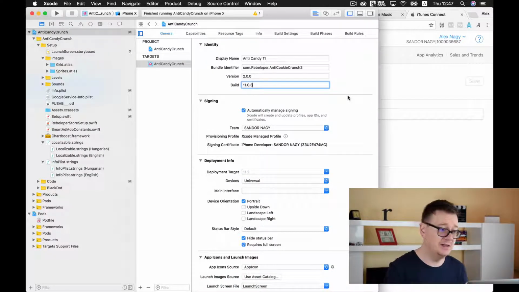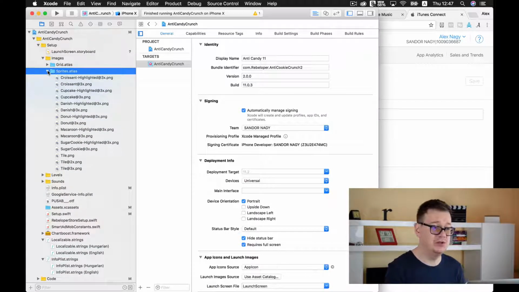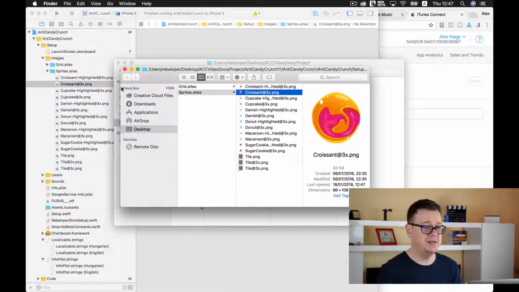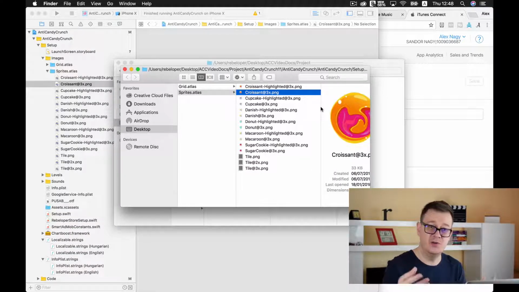Now let's take a look at the images, and first up is our sprite atlas, because that is where you want to change things. Let us just right click on this and open it in Finder. As you can see, we have our croissant at 3x.png. Go ahead and open it up in Photoshop and change all of these. Well, I would advise you to first create the not highlighted version of these candies or whatever your elements will be, and then just add a rounded